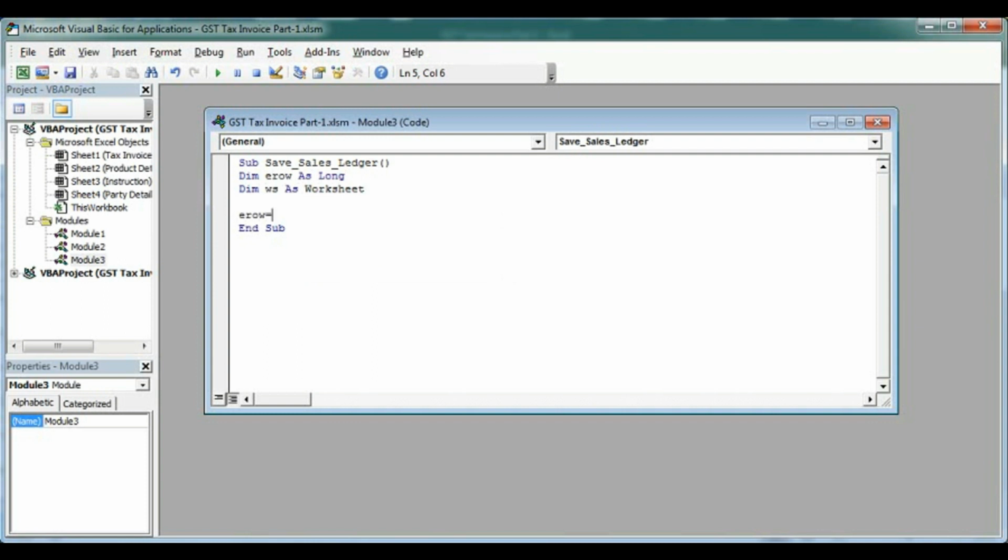Sorry, I have started the module but I have not created the sales ledger sheet. So first let's create the sales ledger sheet.